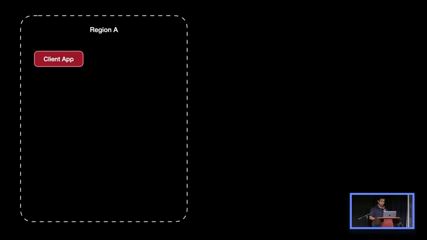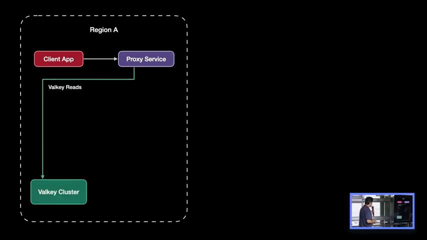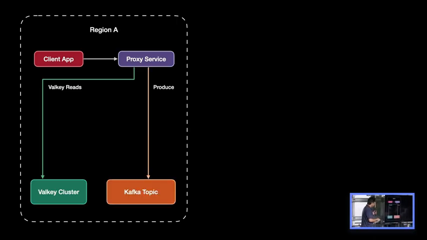OK, I feel like now we have introduced all the pieces needed to build this architecture. Let's take a look at it. The client application that needs to access Valkey talks to a proxy service. This is a stateless proxy service. And in the case of read operations, for example, you want to get the value of a key, the proxy service would directly do a read on the cluster. But in the case of write operations, it actually produces a record to the local region's Kafka topic and acknowledges